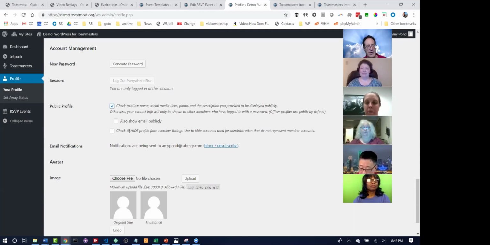So I can say I'd like my basic information to be available, and if I want to have my email shown publicly, I would check there. There is also an option to hide this person from the member listings. So if you have somebody who's really shy, or I often use it for test accounts, where I'll take them off. But